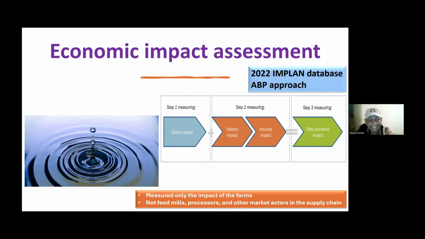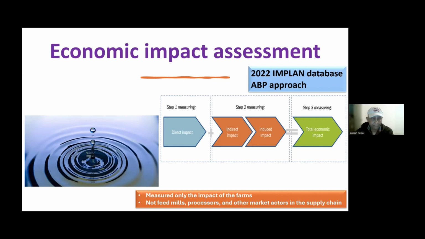The first one is the direct revenue that an industry contributes. In this particular example, the direct impact is the revenue generated by the aquaculture farms. That means the amount of money or the amount of sales that they generate. That is called the direct impact. The indirect impact is nothing but the spending patterns or the cost coefficients that the farms generate. For example, the industries that are directly connected to it, right? The feed industry, the hatchery industries, or the fingerling industries, the electricity, banks, the spending pattern is quantified